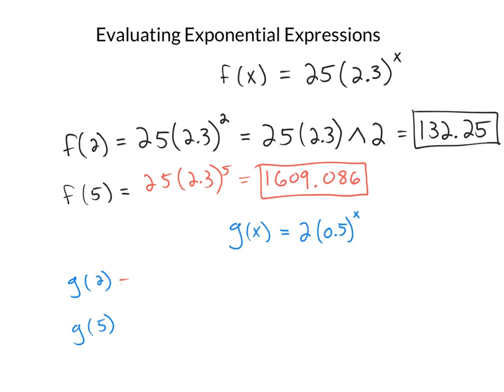So when I substitute the value of 2 in, 2 parentheses 0.5 to the power of 2, and when I plug that into my calculator, 2 parentheses 0.5, in your calculator, close the parentheses, then do the little up arrow to the power of 2, and I'm going to do that in my calculator,